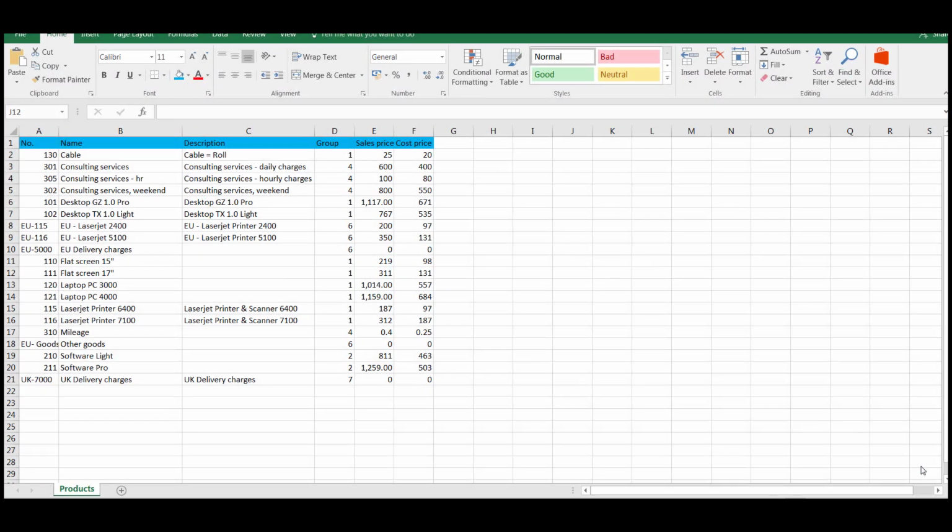If you have a large product list, then you can import this into your Reviso agreement. It has to be laid out within a spreadsheet under certain columns, so the product number, and this can be a mixture of alpha and numeric and characters, and then the name of the product. You can also add a brief description of the product, as this can also be pulled up within the sales